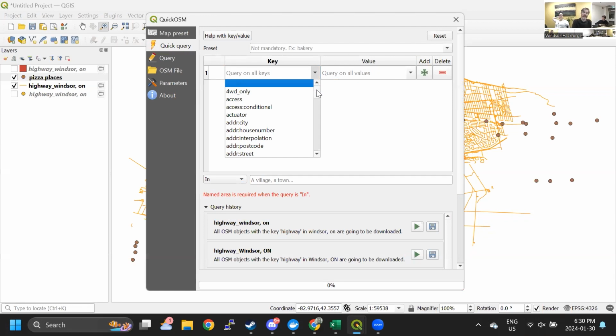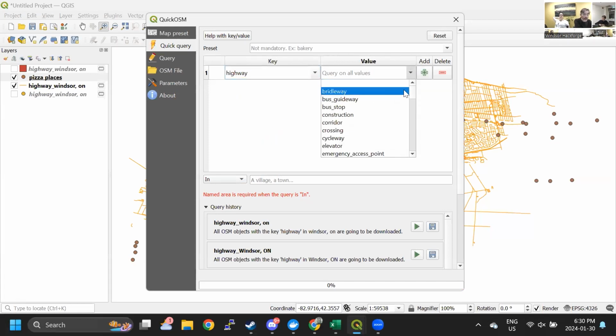So there are specific keys in OSM, and you do have to know a little bit about them. So highway is the key that provides that street mapping. There's a lot in golf, all kinds of stuff in here. So what we're looking for here is highway. There it is. Okay. And then when we click highway, we can see under value, we can see the kinds of highway. So we've got